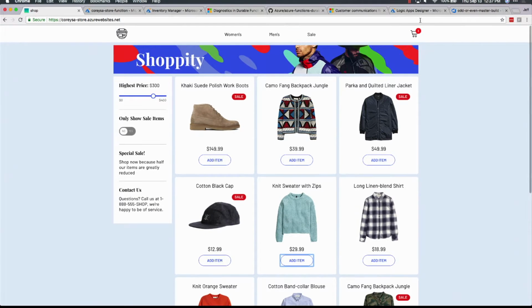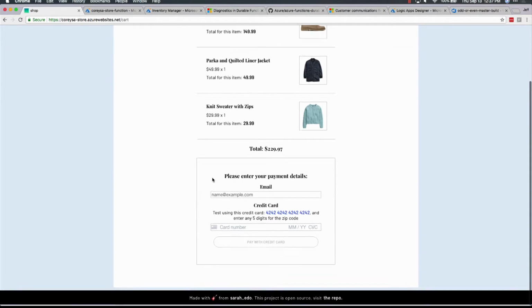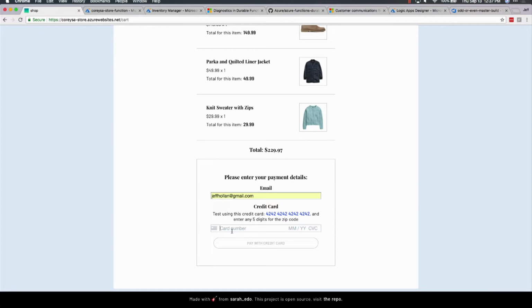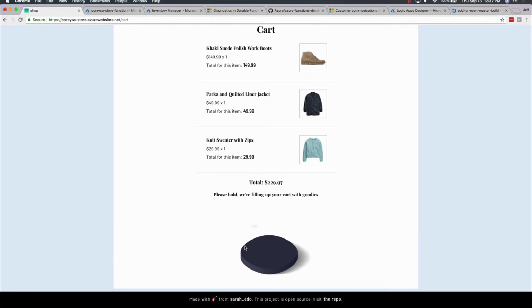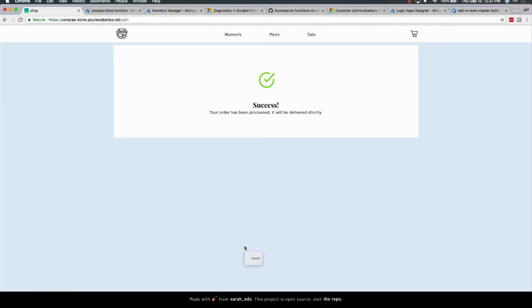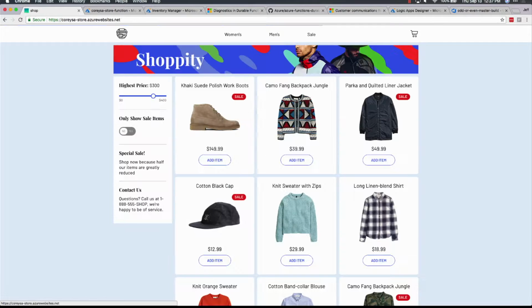So I could do something here like add a few items to a shopping cart, and go ahead and check out of the shopping cart here too. Let me just type in my very real credit card number being broadcast for the world. And in this case, it's actually calling an Azure function to process that payment request, okay? Yay, I just bought, however much I just bought, I didn't even look, probably like $200 worth of stuff.